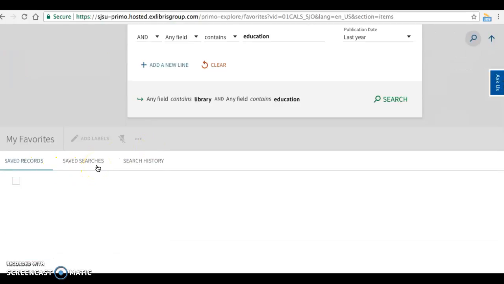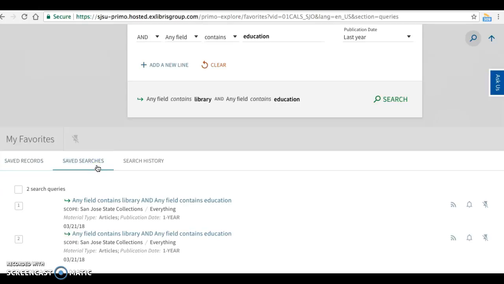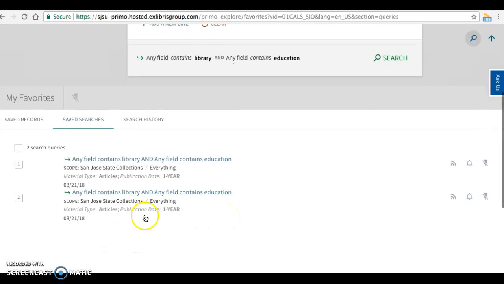The second one is Saved Searches. And there it is, my last saved search. So now all I got to do is just go ahead and select that, and it will go ahead and